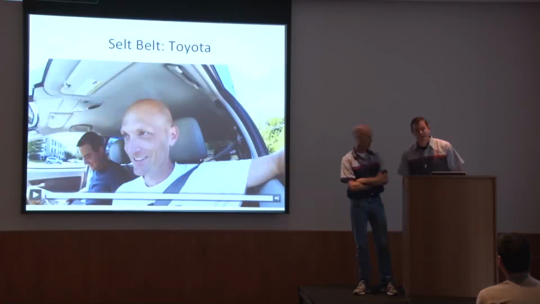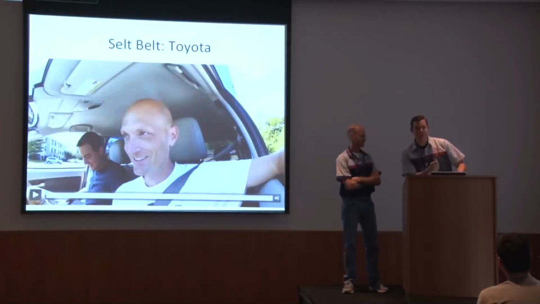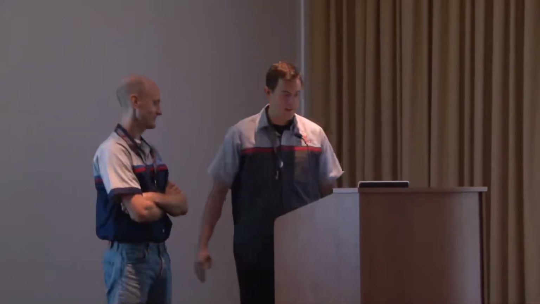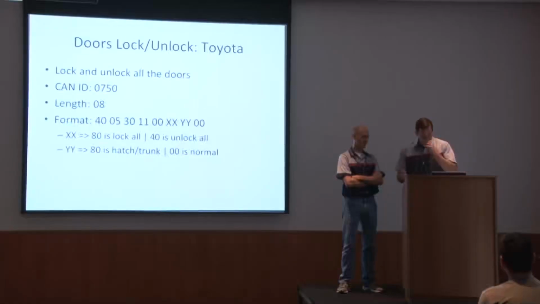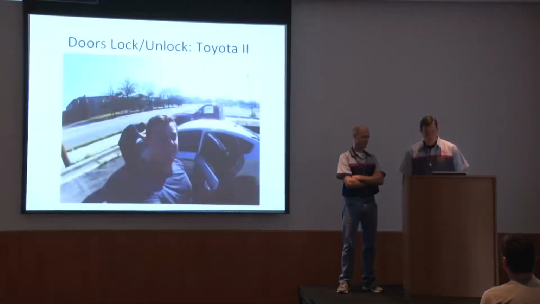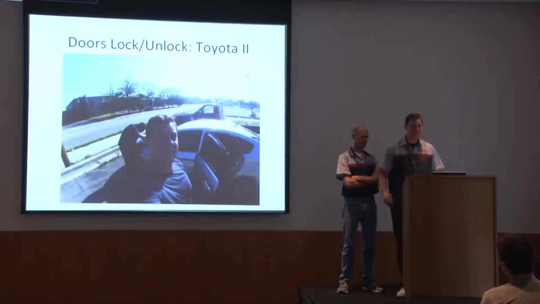And again, we really annoyed Andy Greenberg with that. When he was driving a car, we'd randomly just tighten his seatbelt. Locking and unlocking the doors, again, was done through diagnostics. It was pretty trivial. I think these would be good candidates if you had a remote vector. You could at least gain physical entry to the car. Again, I planned to make these demos. The car blew up. I never got to make the demo.